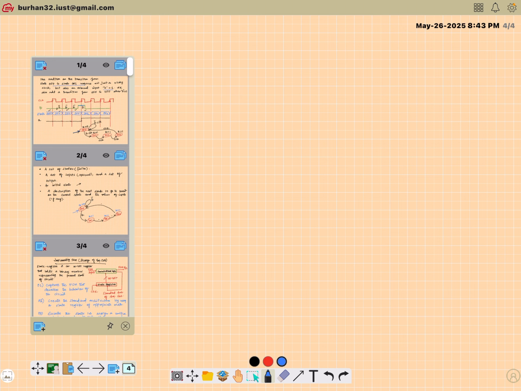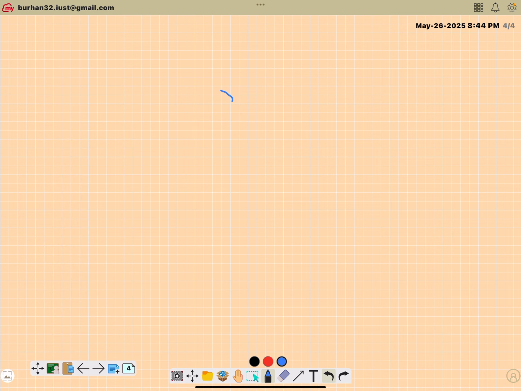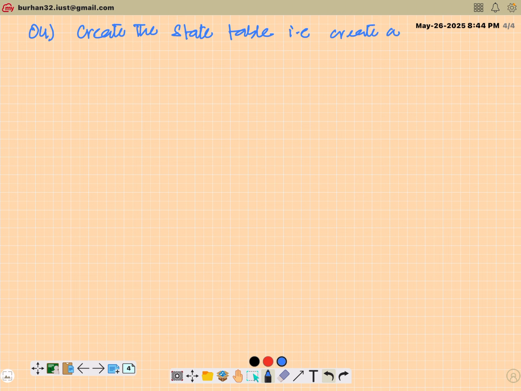Then in the fourth step, we actually, just a second. Then we take advantage of this coding. And the fourth step is we create what's known as a state table. Just like in combinational circuits, we have the truth table. Here it changes to state table. In fact, we had drawn state tables for flip-flops. Right? So it is just like a truth table. That is, we have to create a truth table